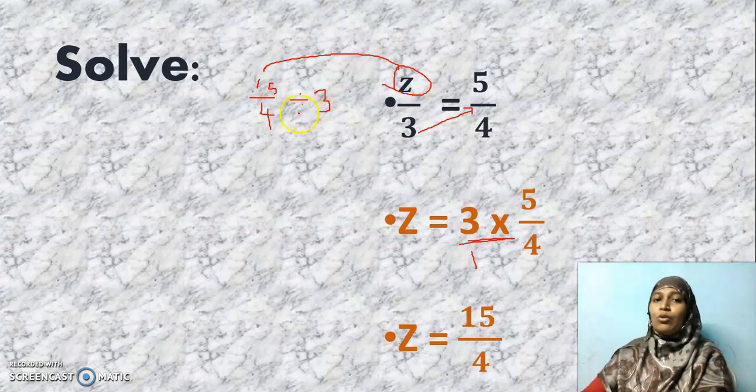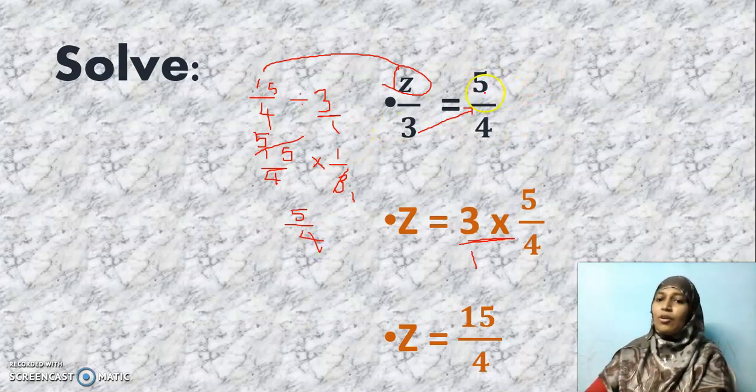And we know how to divide a fraction and a whole number. What will happen? We will have 15 by 4. What will happen to this division symbol? Very good. It will change to multiplication. What will happen to this 3 by 1? It will change to 1 by 3. It is the reciprocal of 3 by 1. So if I cancel, 1 3 is 3, 5 3s are 15. So what do I get? I get 5 by 4. Isn't it RHS now? Yes, I do get the RHS. So z is equal to 15 by 4 is the solution for this equation.